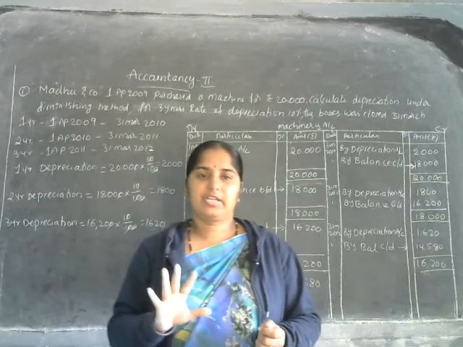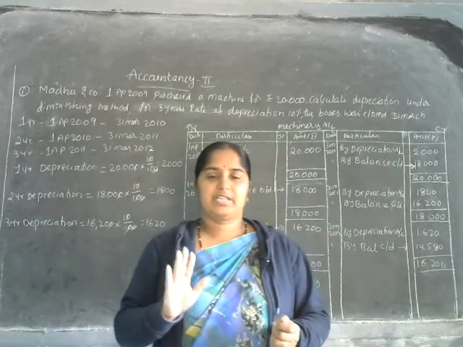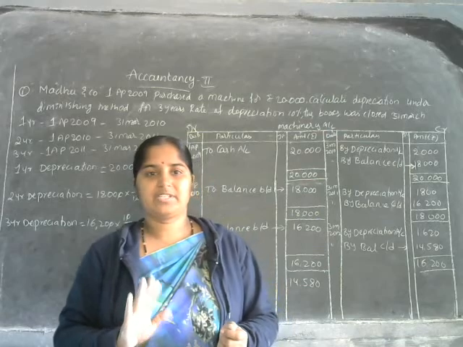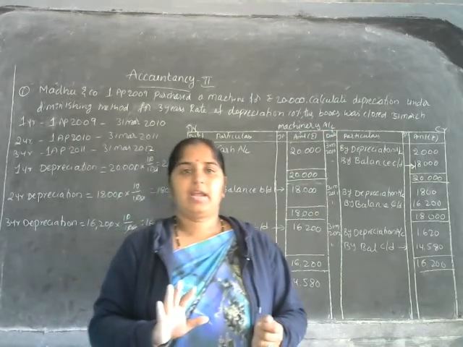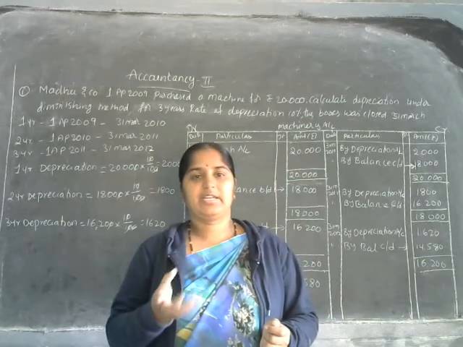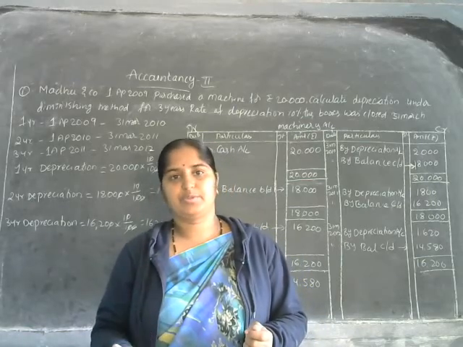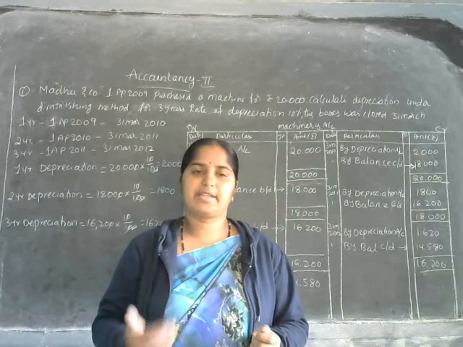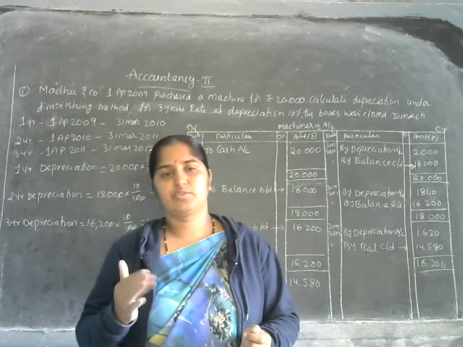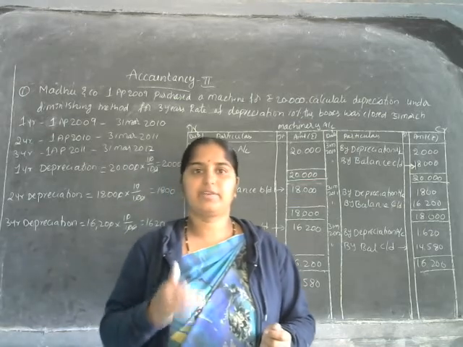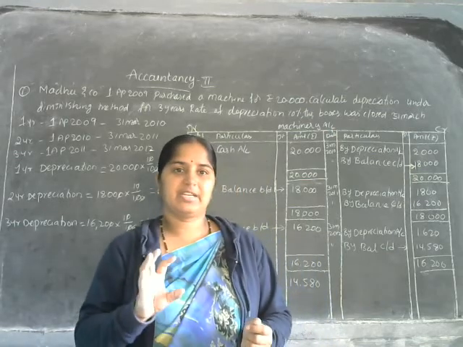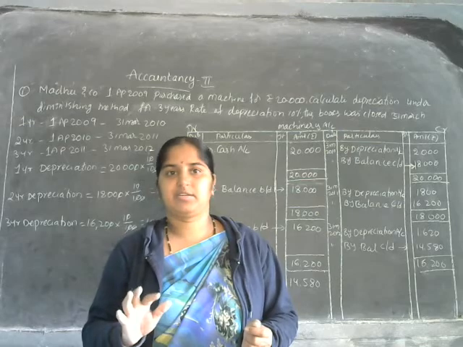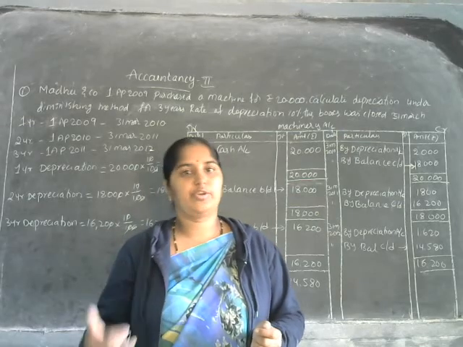Okay, actually, when we purchased in the beginning of the year on 1st April, okay, when we purchase asset on 1st April and calculate depreciation, in that case, year after year going to reduce. Okay, of course, reducing balance method means every year depreciation is going to reduce. But when we purchase in the middle of the year, the first year depreciation is less than the second year depreciation. Okay, and from the third year it is going to reduce.